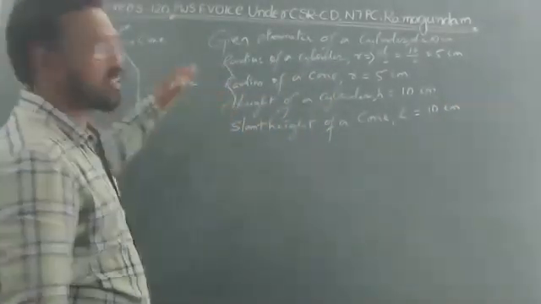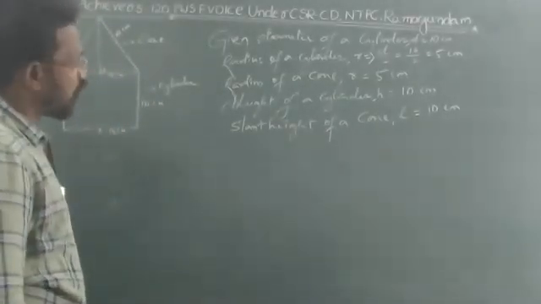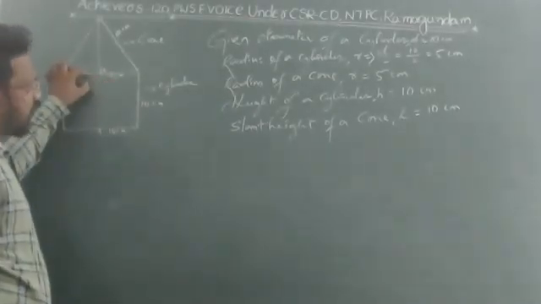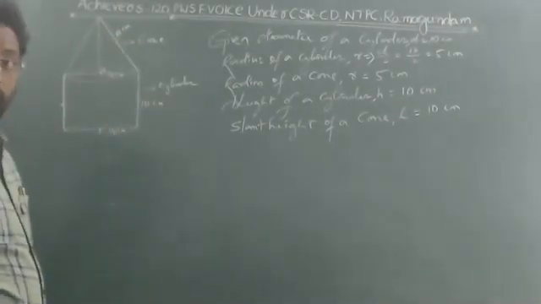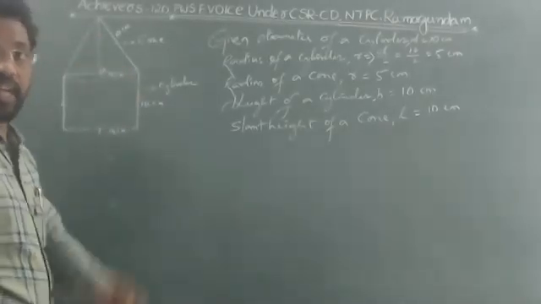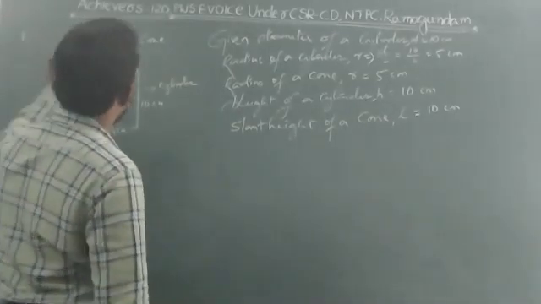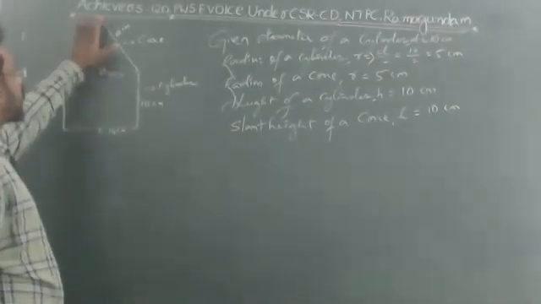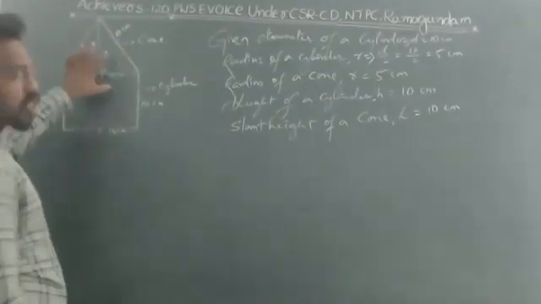This is example 1. I am saying that the slant height of a cone L is equal to 10. Now, the height, L, R, everything is there. Now we have to find the surface area of this figure. If you want to cover this totally, what will be there? So the total surface area, if you want to cover this with canvas cloth,